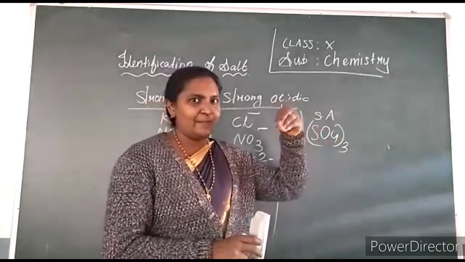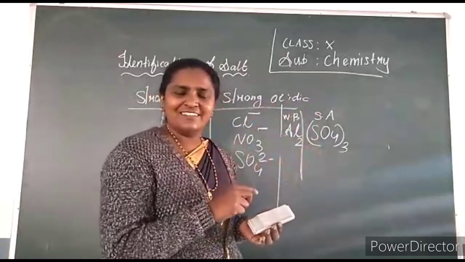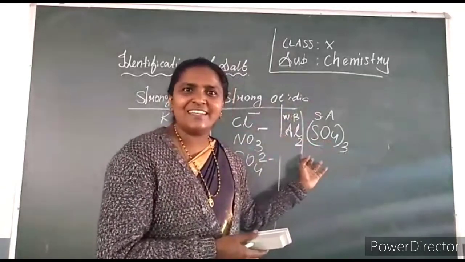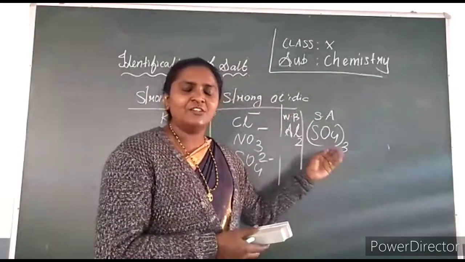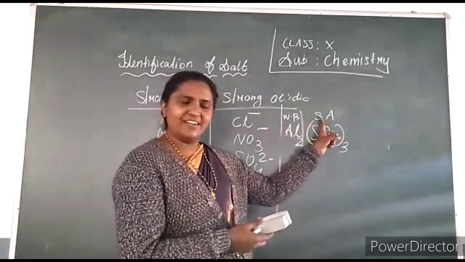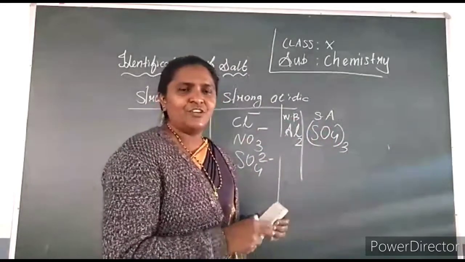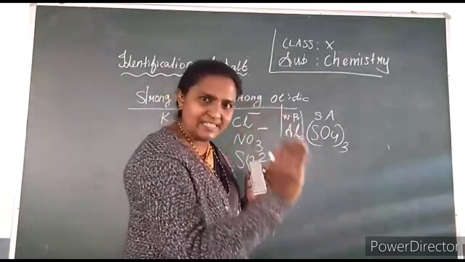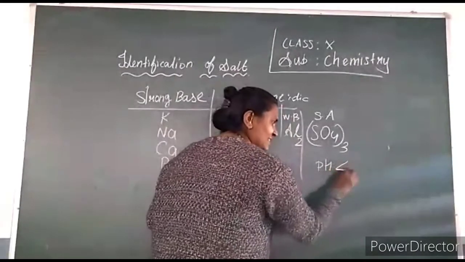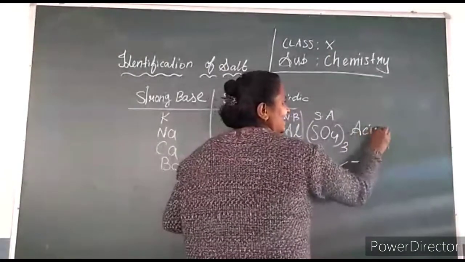How do you know? Add pH solution, test the pH, or add litmus solution, it changes into red, because the acid salt has acidic nature. The salt is having acidic property. So it changes into red because the acidic radical is strong. Understand? So pH value will be less than 7. You know, if the solution is acid, pH value will be less than 7. So pH will be less than 7 and acid is strong. So acidic salt.